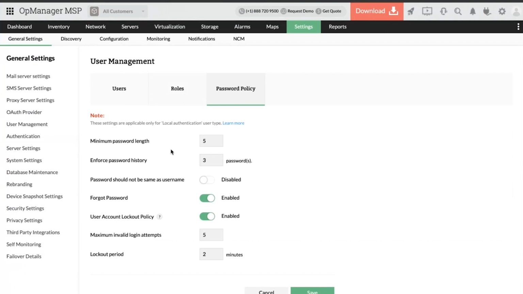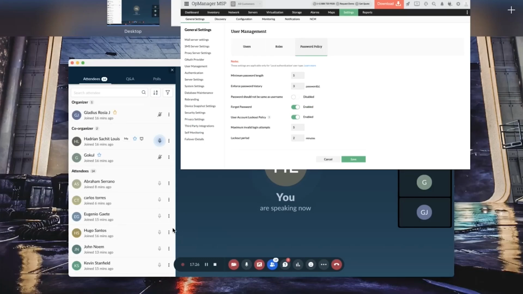So you can see the different rules here. You have rules like minimum password length, you have the ability to enforce password history, you can ensure that the password won't be the same as the username, and so on. So let's move on